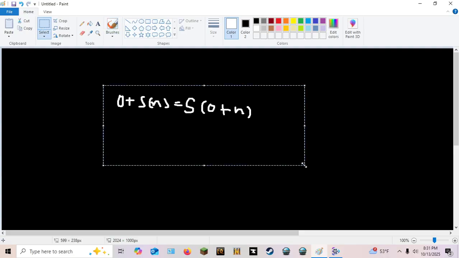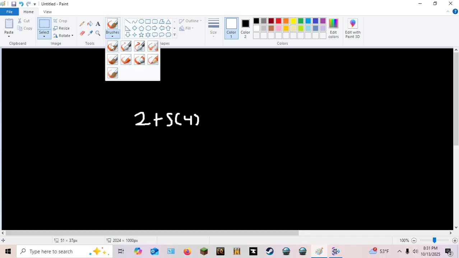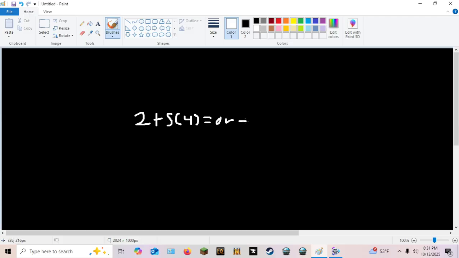But you don't have to write 0 plus n plus 1. So let's make up an equation for that. 2 plus the successor of 4, equal to or not equal to